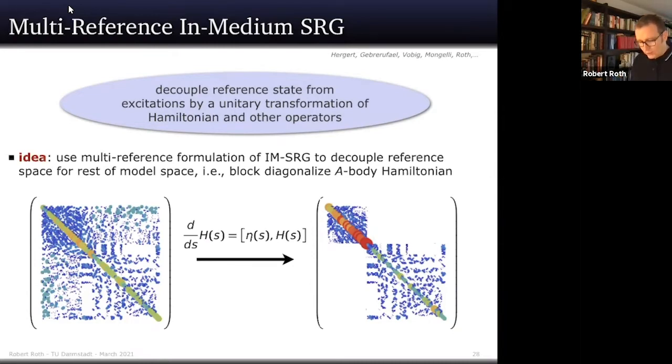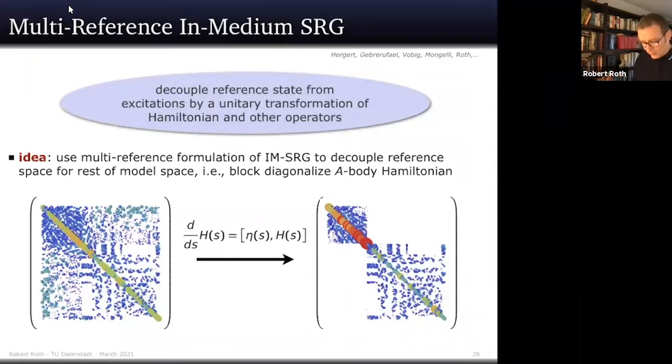The tool we use in the SRG and the in-medium SRG is the underlying similarity RG flow equation here. And this flow equation looks very simple. We discussed it extensively in the free-space situation, when we just evolve two- or three-body matrix elements of the Hamiltonian, and you even had a chance to do that yourself in our little project. Now we use it in a many-body context.